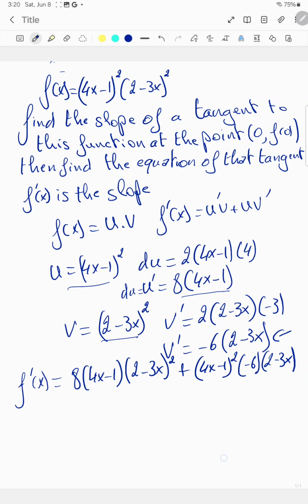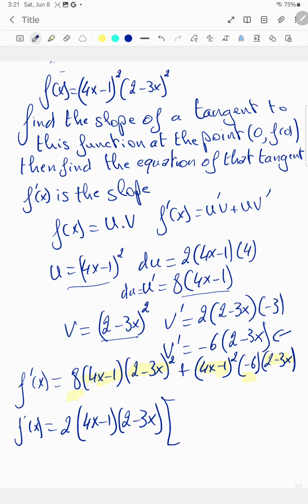So if I look at my f prime of x, I can see that there is 4x minus 1 here and 4x minus 1 here, and 2 minus 3x and 2 minus 3x here. So I can factor out, and I have 6 and 8. Both of them are divisible by 2. So now I can factor out: f prime of x equals 2 times (4x minus 1) times (2 minus 3x),